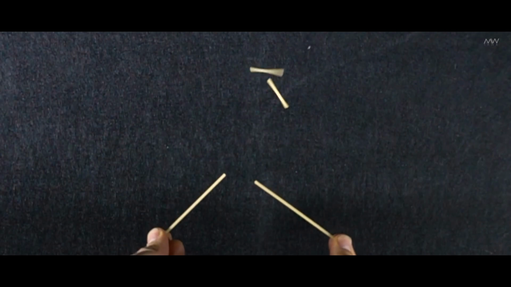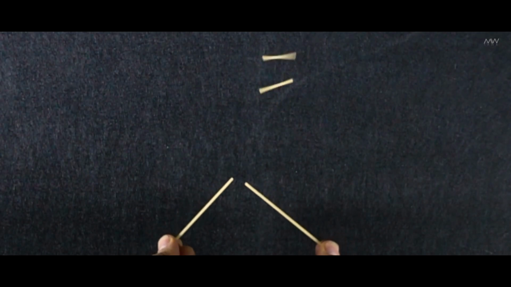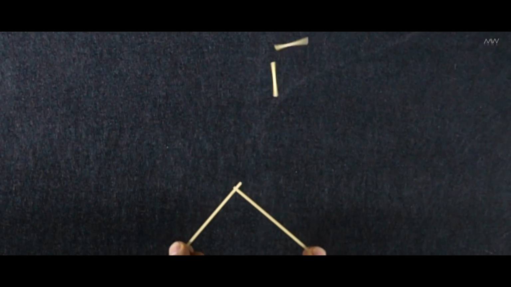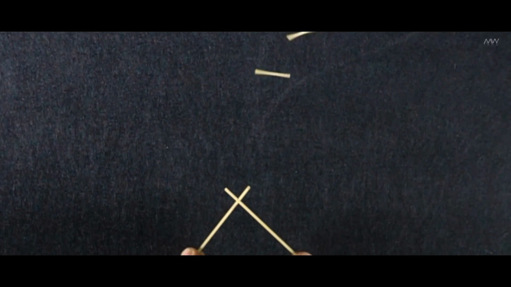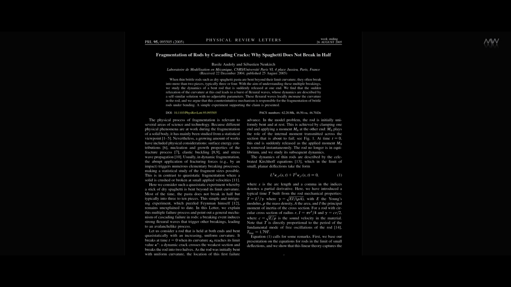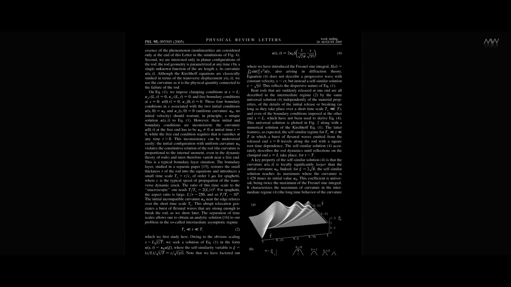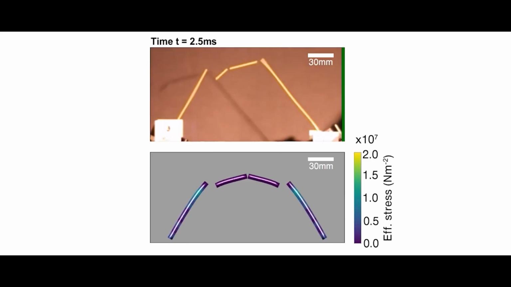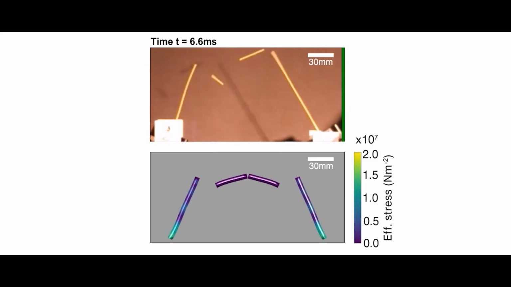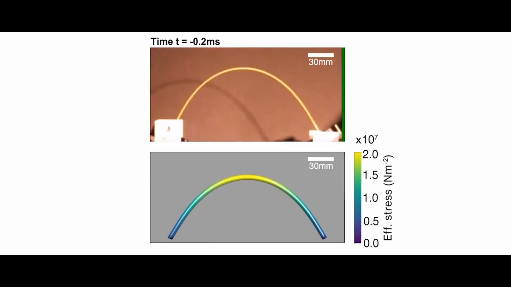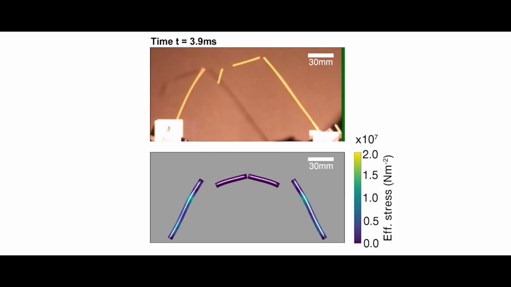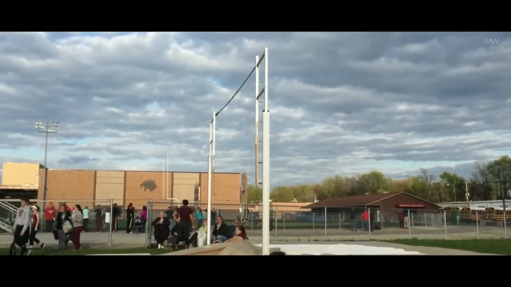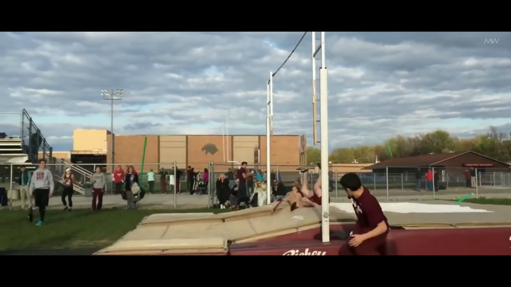So if you want to really figure this out, you need a super fast camera. A smartphone won't do, that gives you tens of thousands of frames per second, preferably hundreds of thousands, so you can actually track everything. Physicists have done this experiment. Here's the first spaghetti fracture, here's the second spaghetti fracture. They didn't really happen at the same time, one after the other, but the time difference between them is about 35 microseconds. And this is a normal, everyday occurrence.